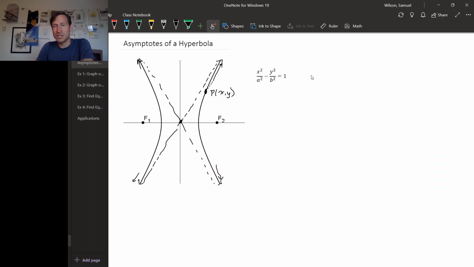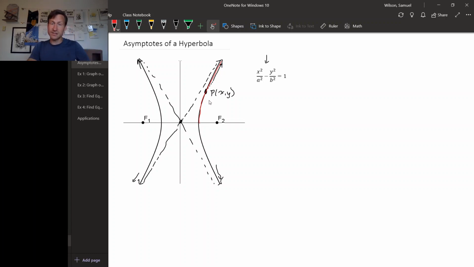So let's start with the equation for a hyperbola. Since this hyperbola opens right and left, we need the version of the equation of a hyperbola that has a minus sign on the y squared term. So here's an equation for our hyperbola. And to get a handle on what the asymptote might be, if we concentrate just on this upper right part,